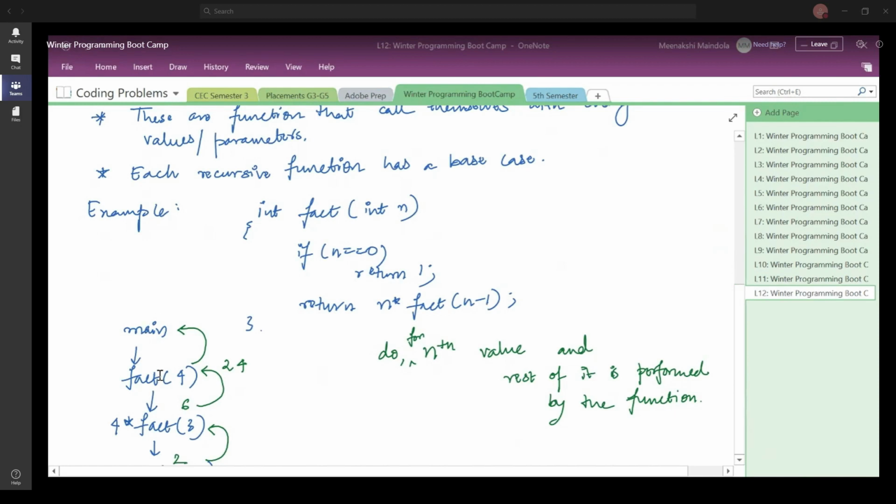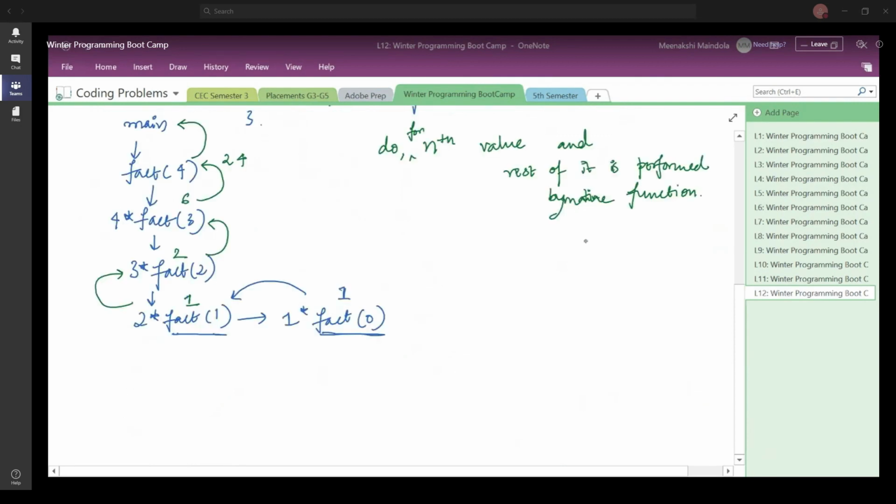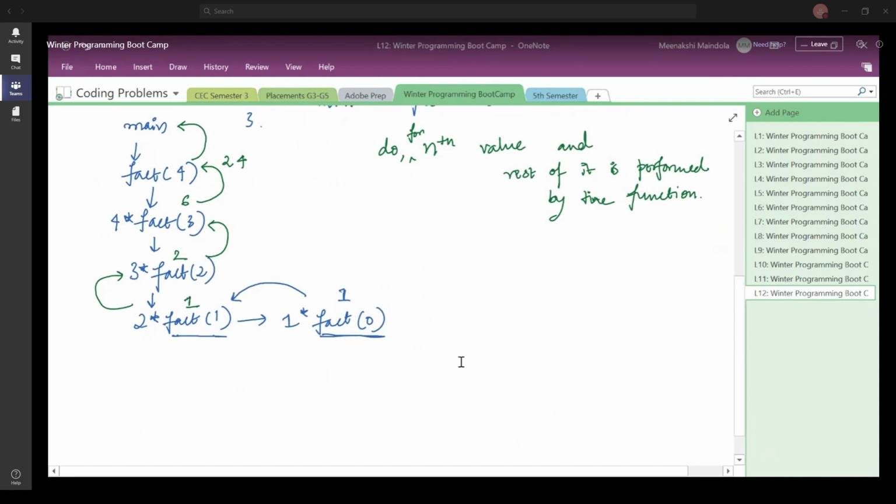So you're saying, why is it coming back? So every time, let us consider an example wherein you have the main function. Let me write it here.